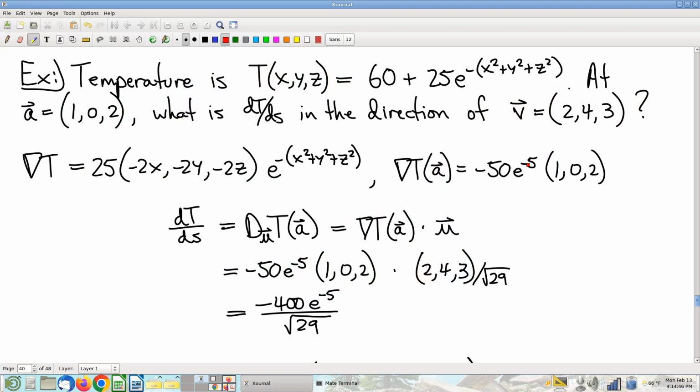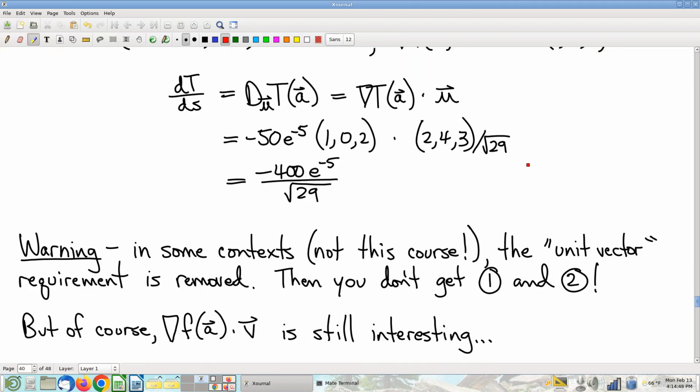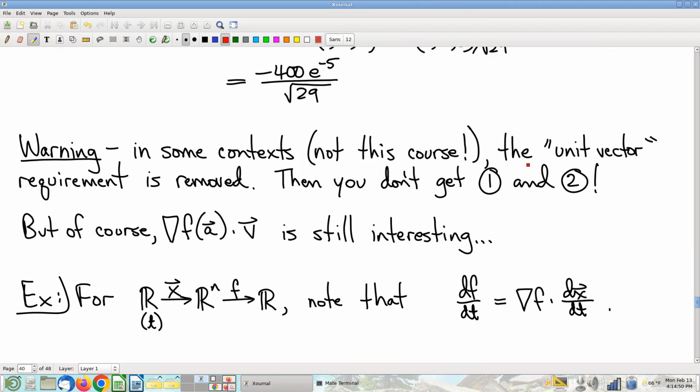Okay, that's the big idea. So now I have to give you an apology. It's not my fault. I didn't do it. But nevertheless, I'm going to warn you about a dangerous thing, and that is in some contexts, not in this course, but outside of Math 219, the rule about it having to be a unit vector